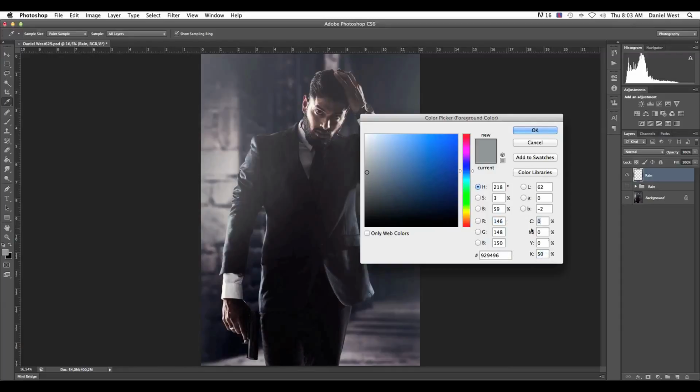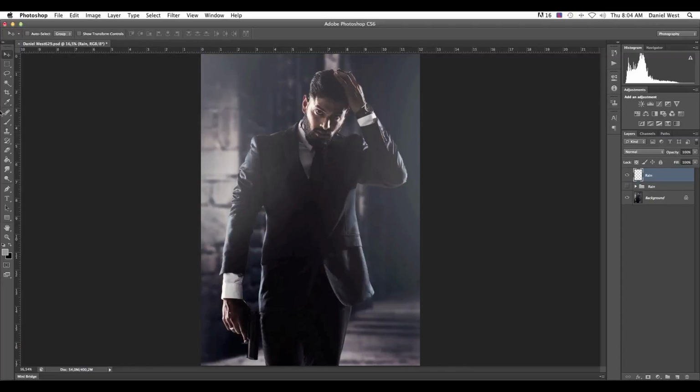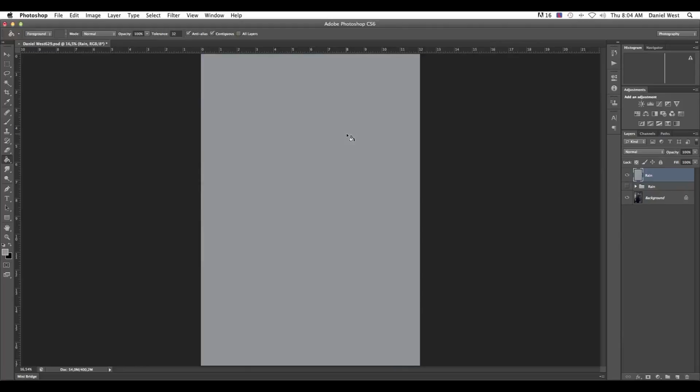Now, inside of here, on our foreground, we are going to create a 50% gray. So you want everything to be 0, 0, 0, and the K to be 50%. Or you can actually copy this: 929496. Alright, we say okay. So what we're going to do is use the fill, the paint bucket, and we're just going to click on it with opacity of 100. Oops, and we've got a completely 50% gray